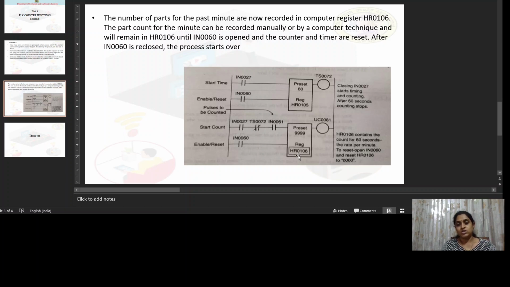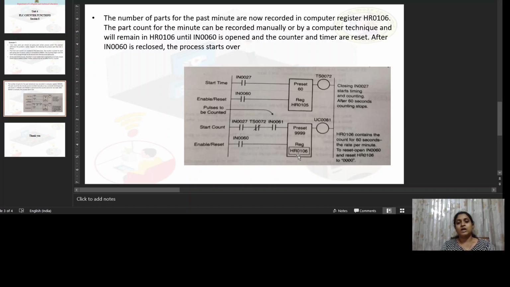So the contact IN60 is performing two functions. When I close it by energizing it, it will enable the counter and timer functions. The second function is that when I open the contact IN60, it will reset the entire system, including the timer and the counter.